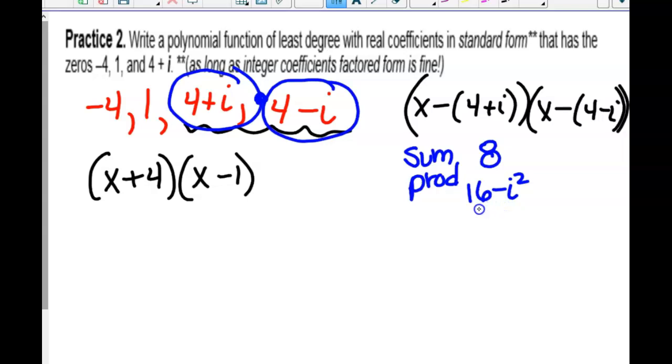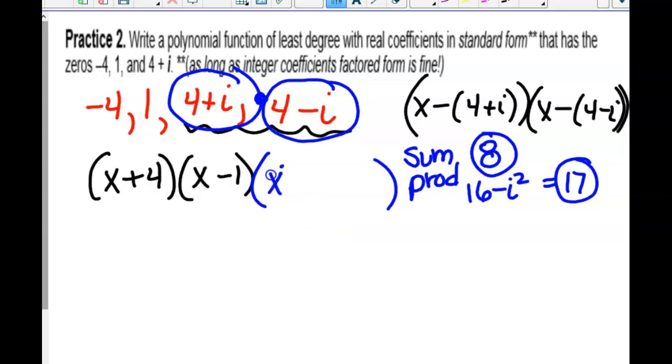What is 16 minus i squared? Okay, then how does that go? It's x squared, the opposite of the sum, which would be x, plus the product, which would be